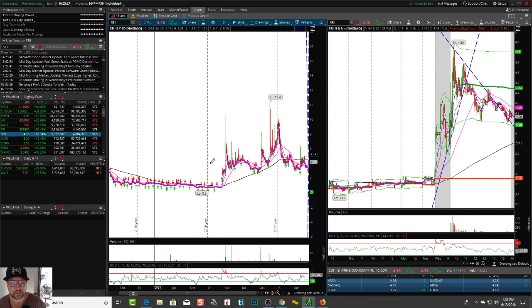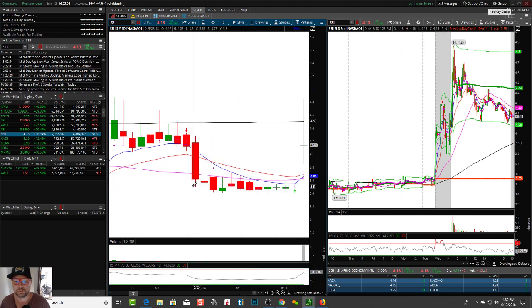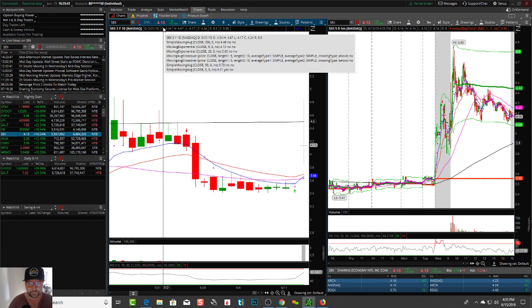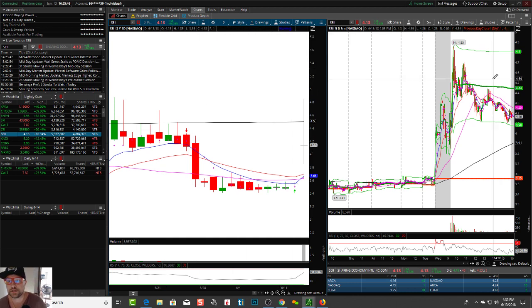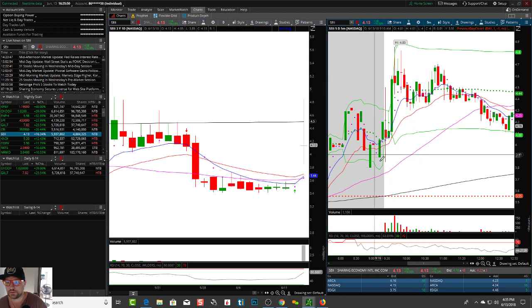Let's see. SEII. So let's take a look at that. Clear the charts. And look at that. What is that chart, that pattern that you see today? Major pump. Major dump. On a 5-minute setup, you would have never been able to trade this. You would have to have traded it on a 1-minute. What is this pattern here?